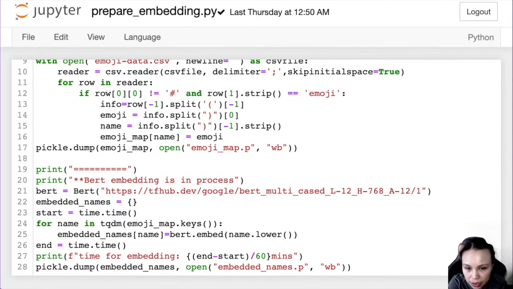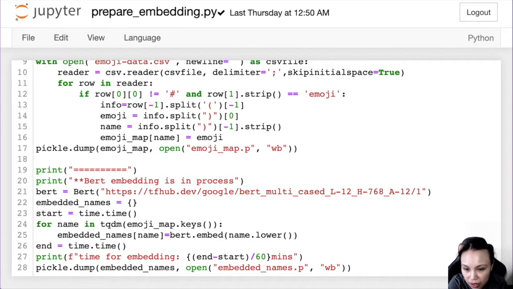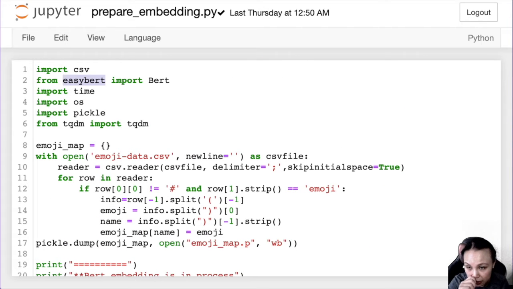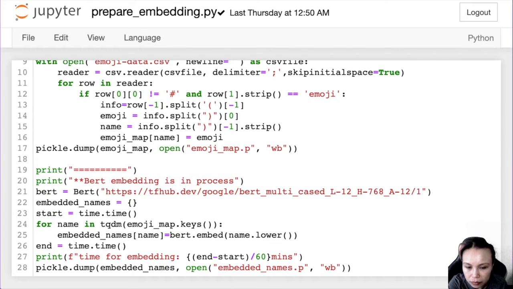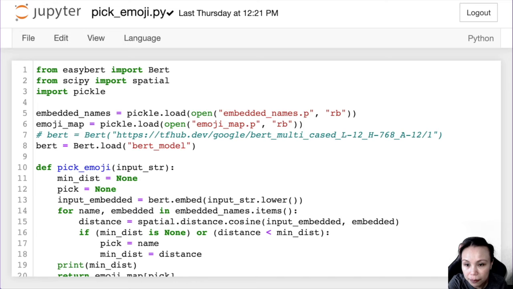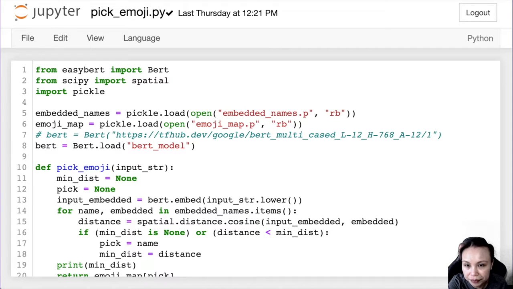And I use BERT, that same thing. This time I'm embedding the name. It caused some problems. I will show you later. And then I have this embedded file, and it becomes a vector of, I forgot the length, it's like 700 something, because I've read what this Easy BERT is providing. Actually, it's providing a smaller version of BERT, so it creates a smaller vector. So that's what I pickled.